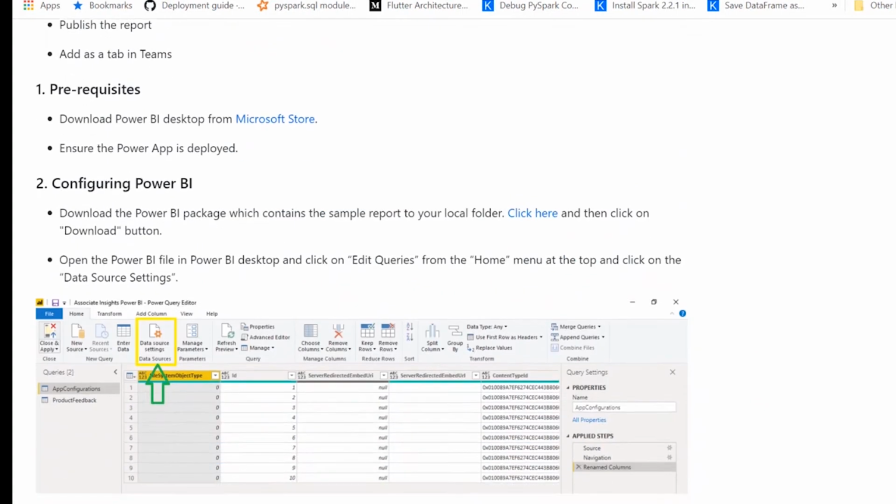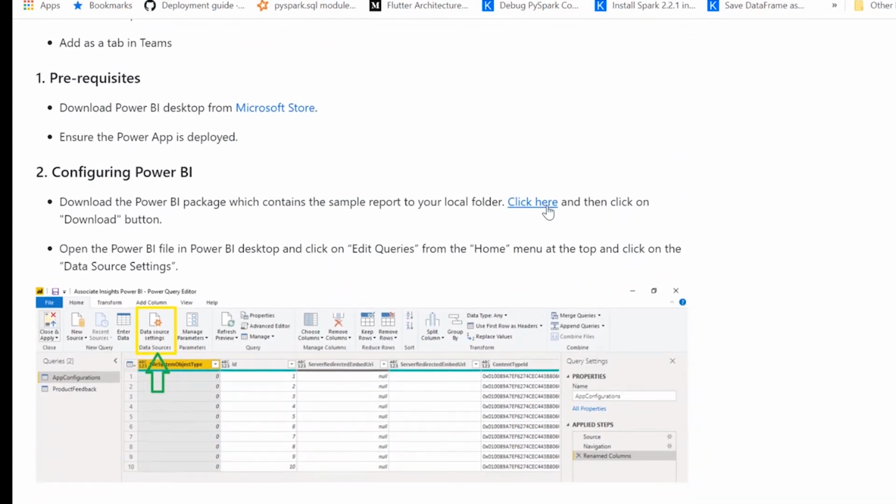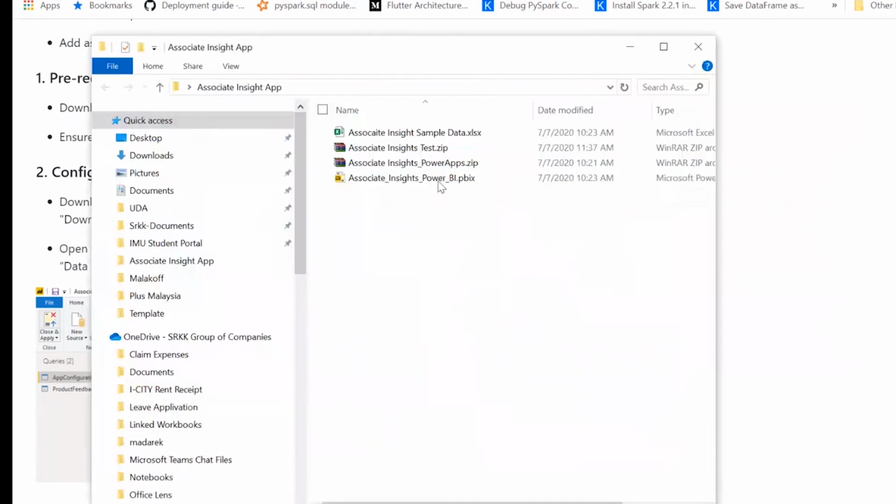After that, you need to download the template that Microsoft has already created for you. You will click here and the file will be downloaded for you. If you have Power BI Desktop on your PC, you can easily click on that file and it will open